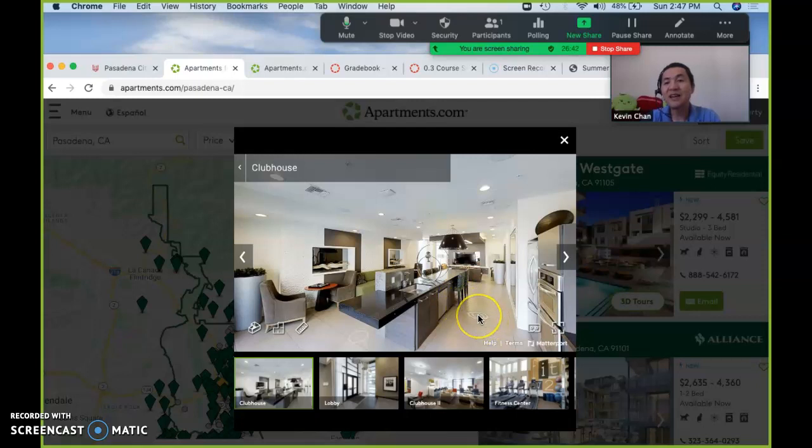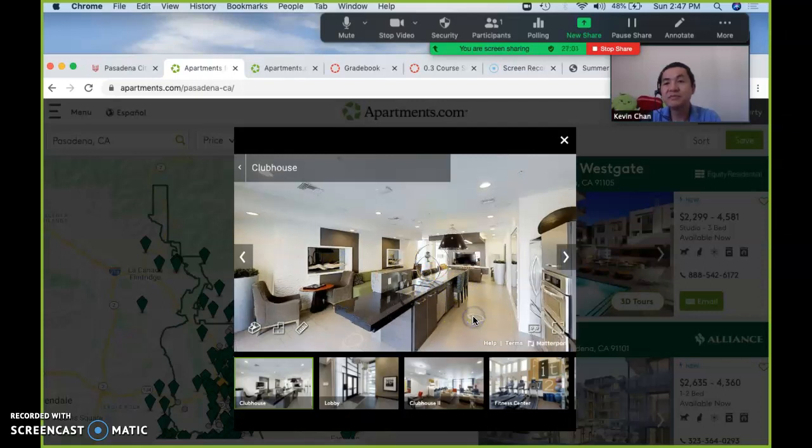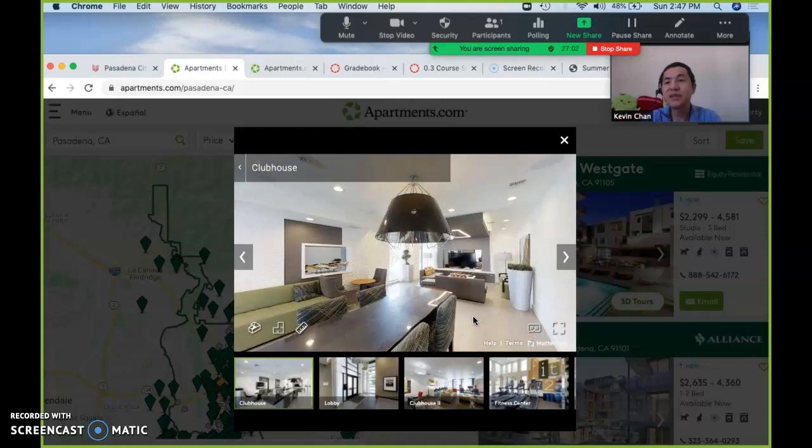You may see these circle points. That means that you can click on them. When you click on these locations, it will shift you to the view as if you were walking there.